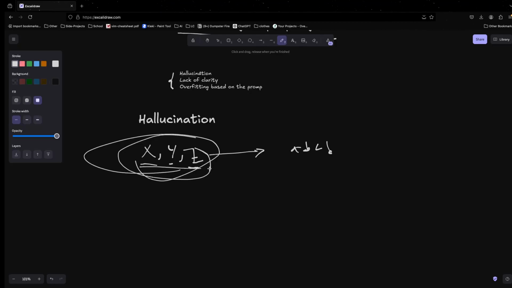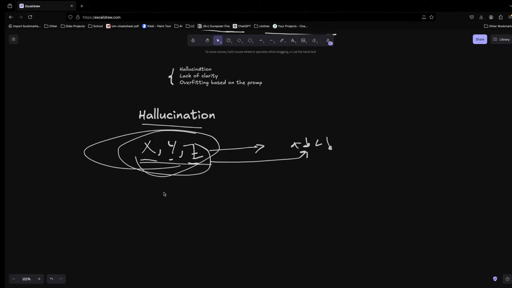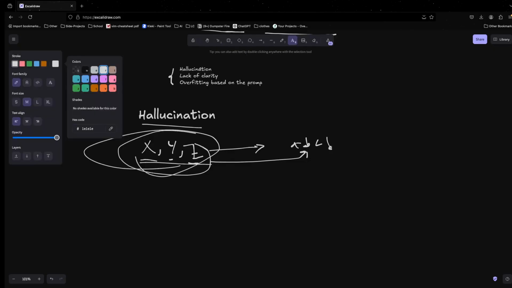Now, how do we exactly figure out why it's hallucinating, how to prevent it, and how to make sure it stays aligned? Well, that's a field of research that is still going on to figure out. So there's a couple of ways we can prevent hallucination: not to provide it too much information, not to basically test. So I think one way that I've seen it work quite well is